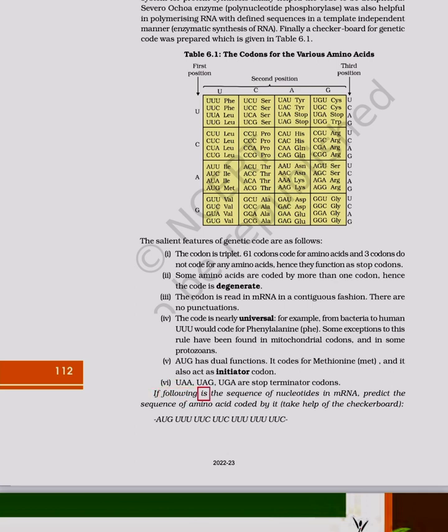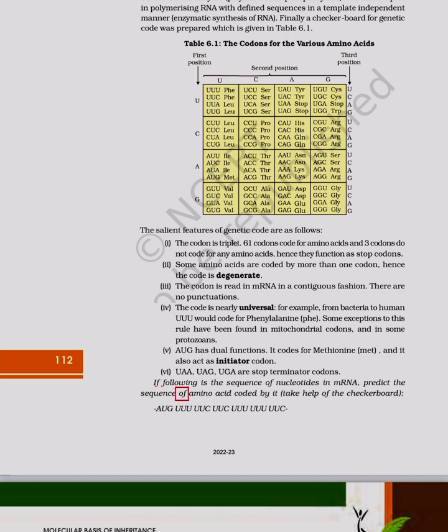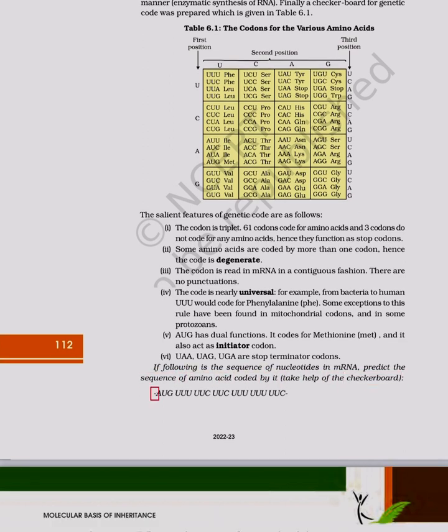If the following is the sequence of nucleotides in RNA, predict the sequence of amino acids coded by it. Take help of the checkerboard. AUG UUU UUC